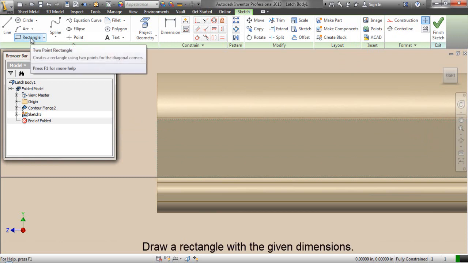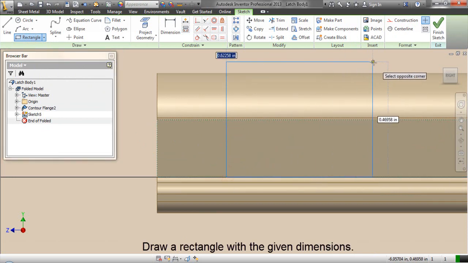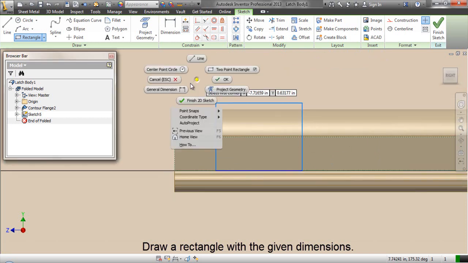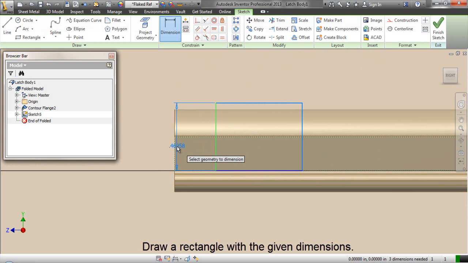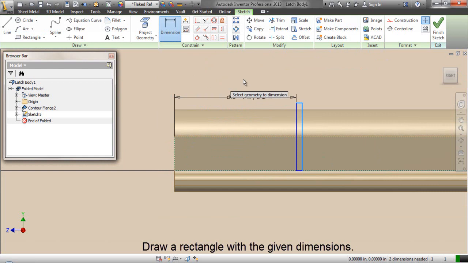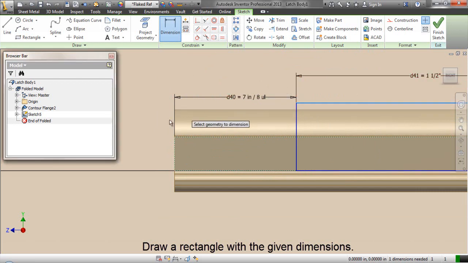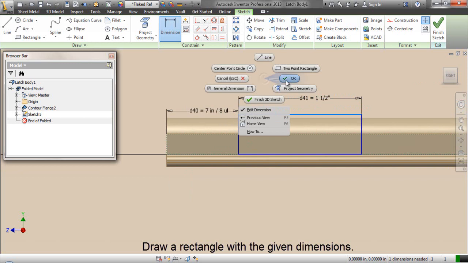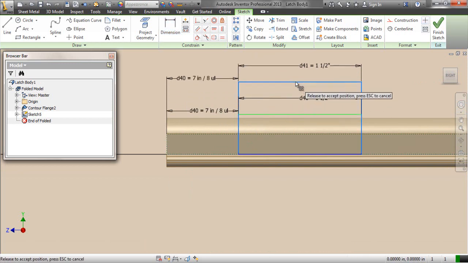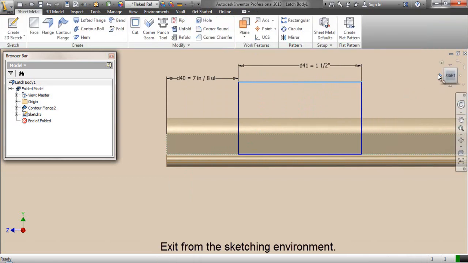Draw a rectangle with the given dimensions. Exit from the sketching environment.